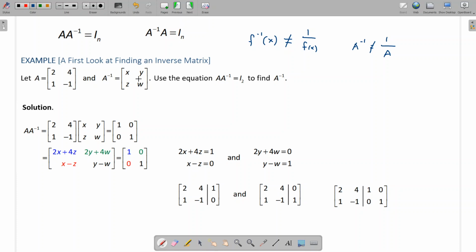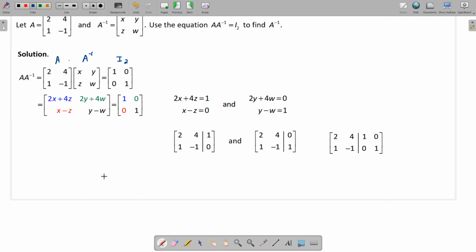Okay, let's start off with just the 2 by 2 case. So our goal is to find, if I give you a matrix, the inverse of that matrix. We don't know what it is, so I'm just going to put variables in for its components, x, z, y, and w. And so we are assuming that this is actually the inverse. In other words, we're assuming that if you multiply these two, you would get the identity matrix. So I've written that out here. This is A times A inverse, and I'm assuming you get the 2 by 2 identity matrix here. So if we actually do the multiplication,